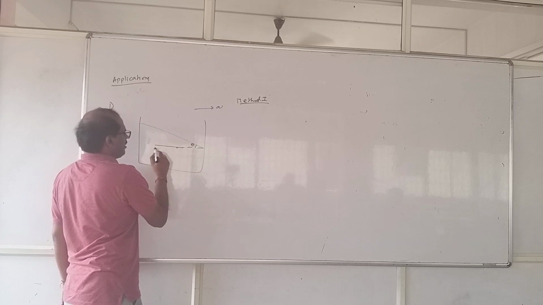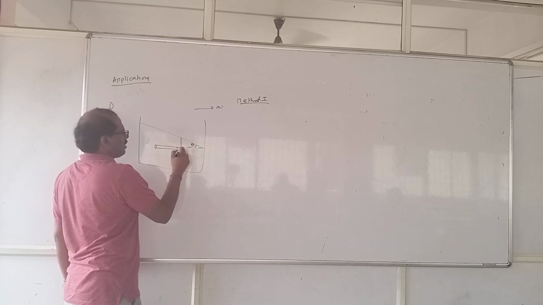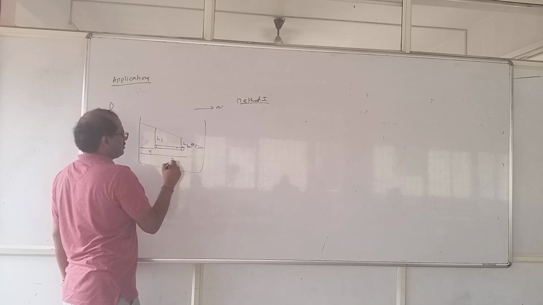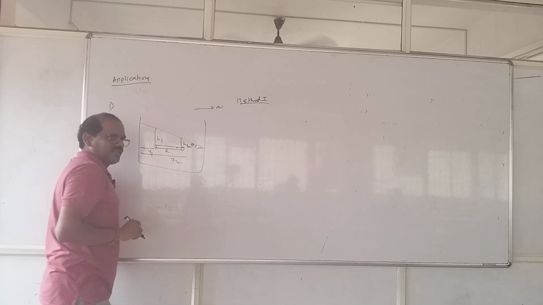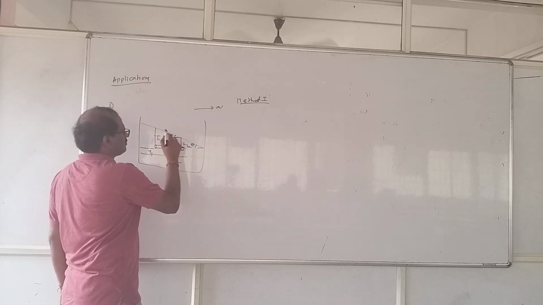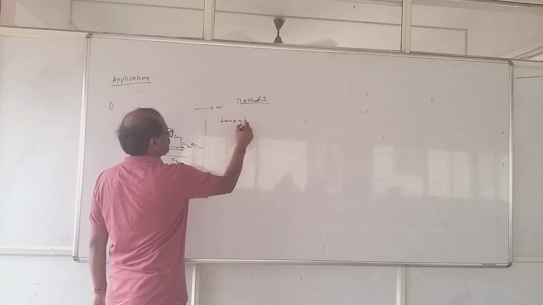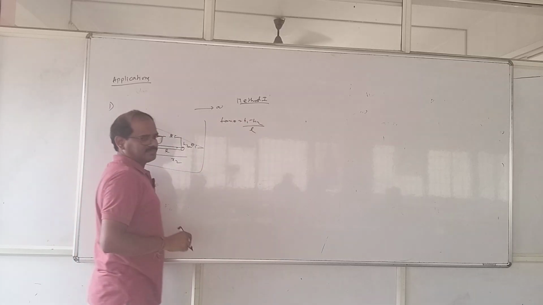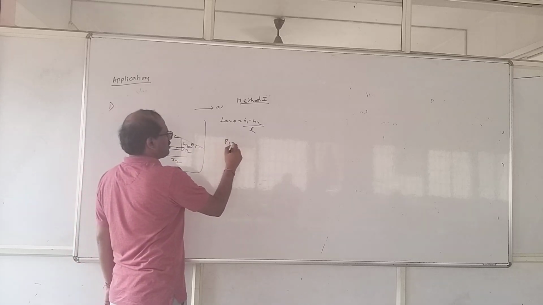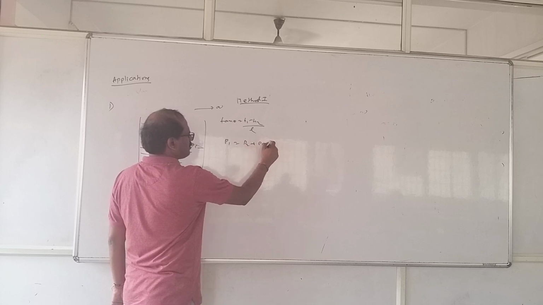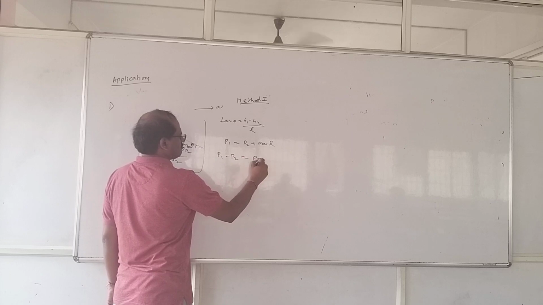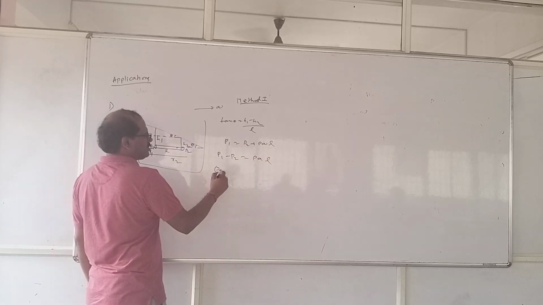Let us consider a cylindrical element. Heights h2, h1, positions x1, x2. Let us suppose x2 minus x1 is L. So this is the angle. So tan theta is equal to h1 minus h2 by L. And pressures here are P1, P2. P1 is equal to P2 plus rho A L. P1 minus P2 is nothing but rho g into